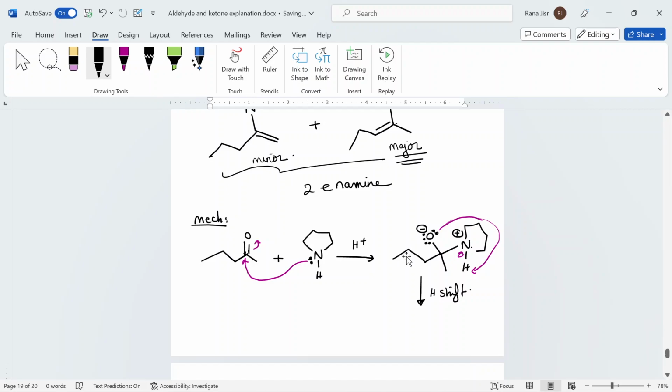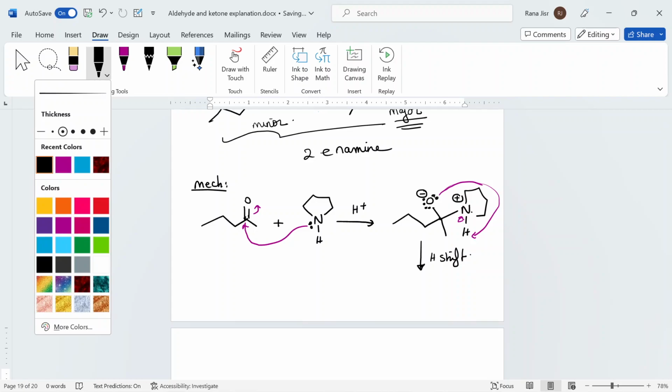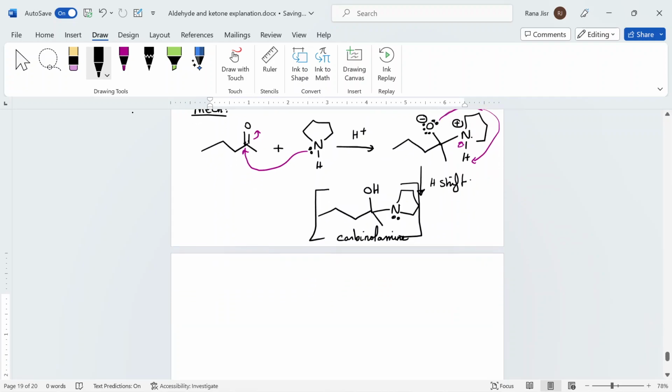So the nitrogen here will have no hydrogens left, and my intermediate is going to be reached. So I'm going to form my intermediate in here. It's going to be the nitrogen and the CH3 in there. And this is going to be my lone pair, and that is going to be my carbonyl amine intermediate. Now, once you form your carbonyl amine intermediate, it is now that we're going to go ahead and react